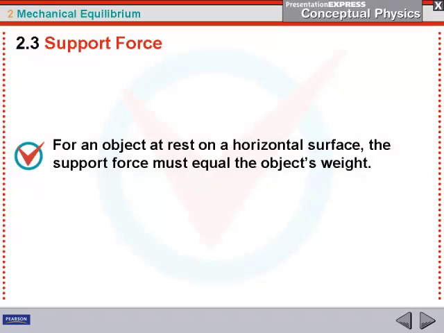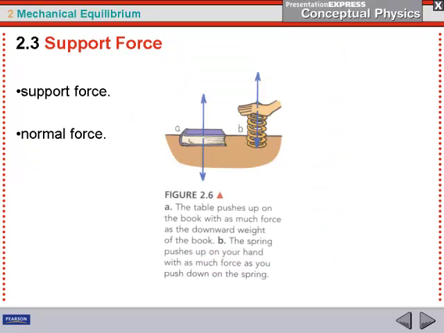Section 2.3, support force. For an object that rests on a horizontal surface, the support force must equal the object's weight. What forces act on a book lying at rest on a table? One is the force due to gravity, the weight of the book. There must be another force acting on it to produce a net force of 0, an upward force, opposite to